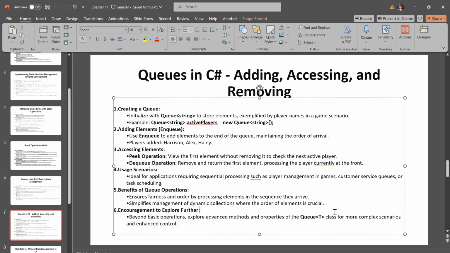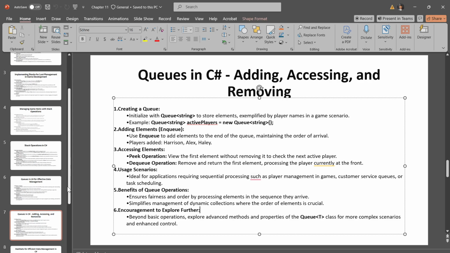Queues and stacks, both being part of the System.Collections.Generic namespace, offer a standard set of methods that facilitate the management of their elements effectively, like adding